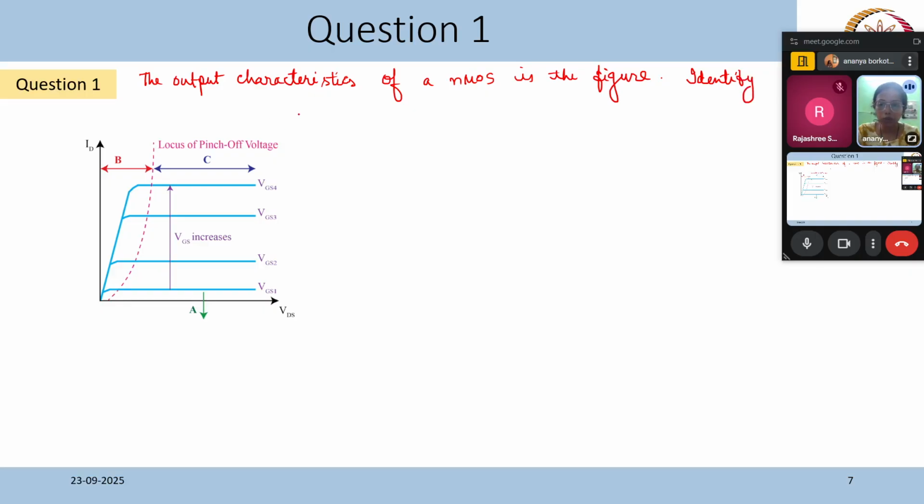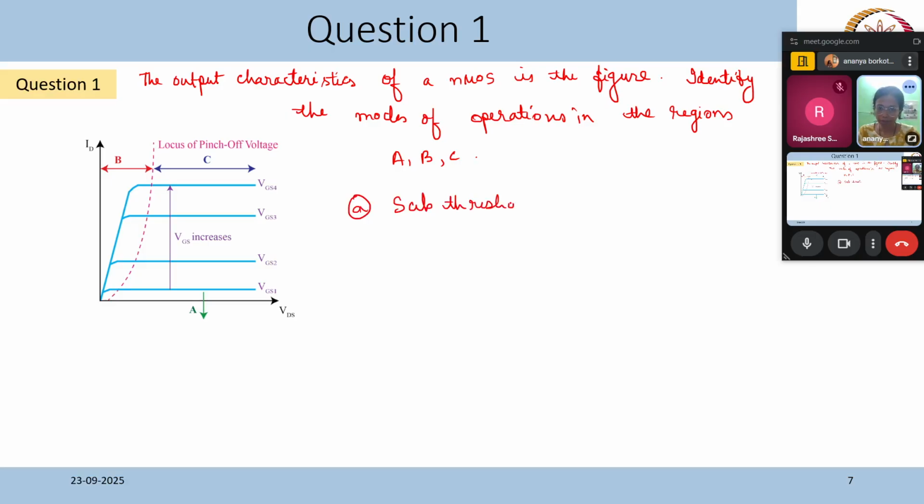Identify the modes of operation in the regions A, B and C. Options are